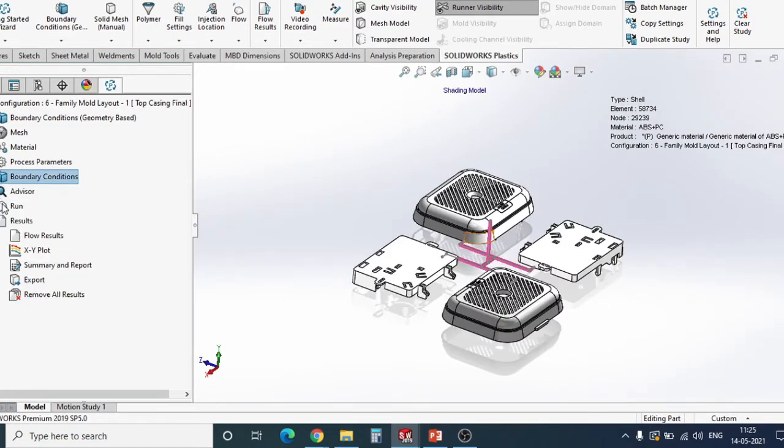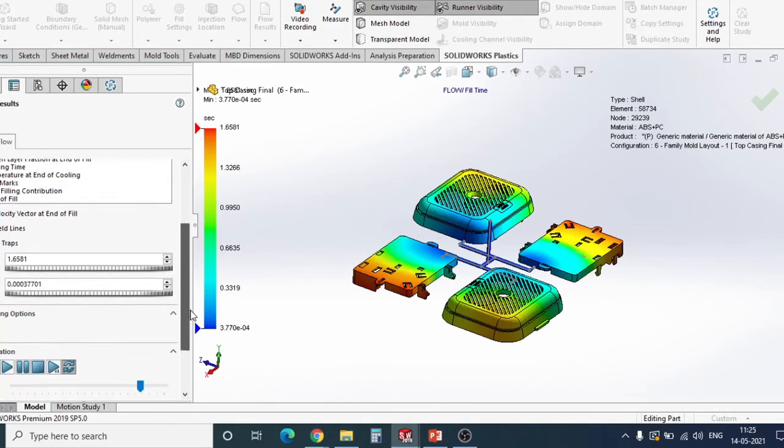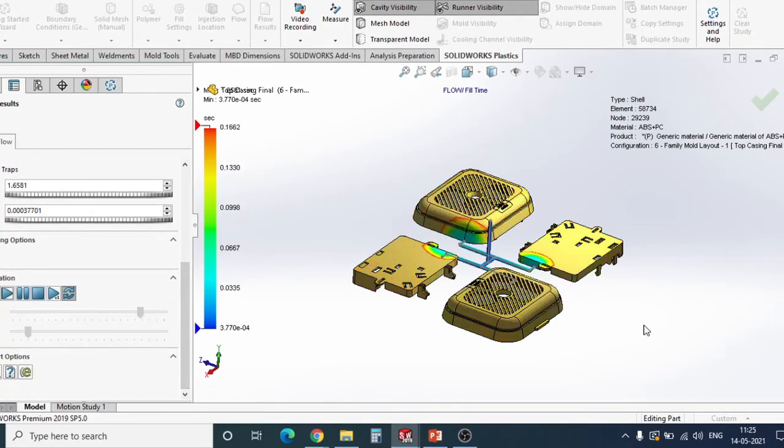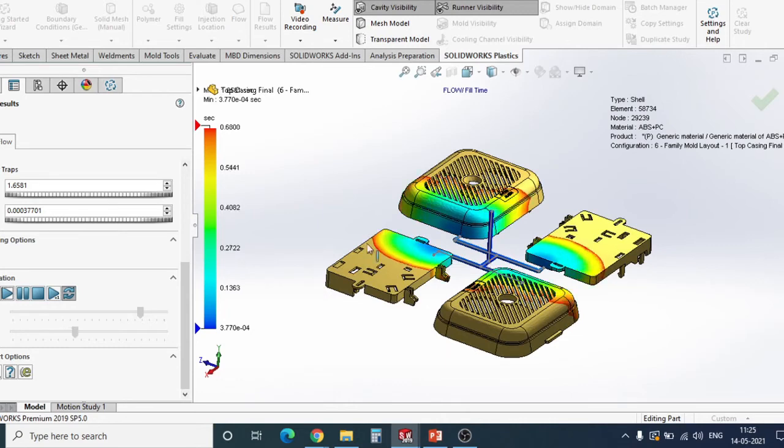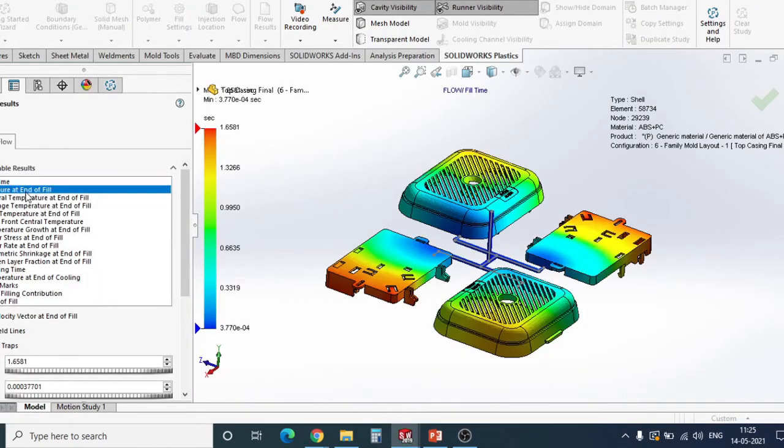And finally, you can check the results. You can run it and see whether the cavities are getting filled correctly or not, or whether there is any incomplete filling in the cavities. Yes.